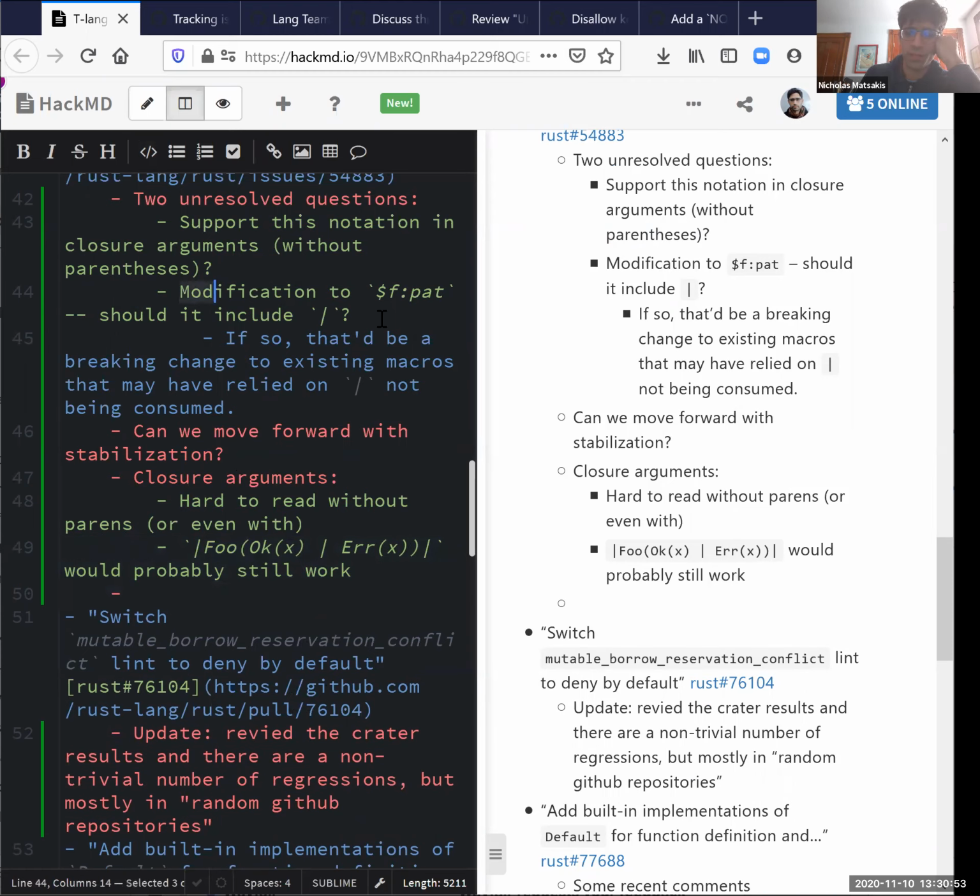The other question was whether to modify the macro meta variables. Right. That one seems more up in the air. Would it be something you do over an edition? I don't want to break people's code, but usually in the past when we do this, what we end up breaking is people who were using macros to simulate the syntax that we just added. Right, which is annoying. I have seen people use bar as a separator for other kinds of things they're accepting in a macro.